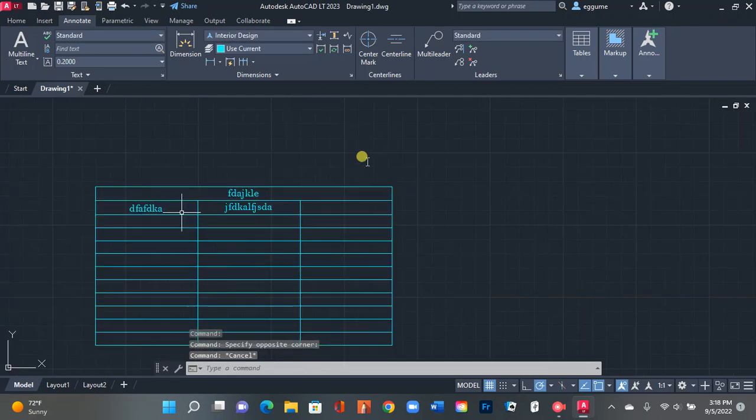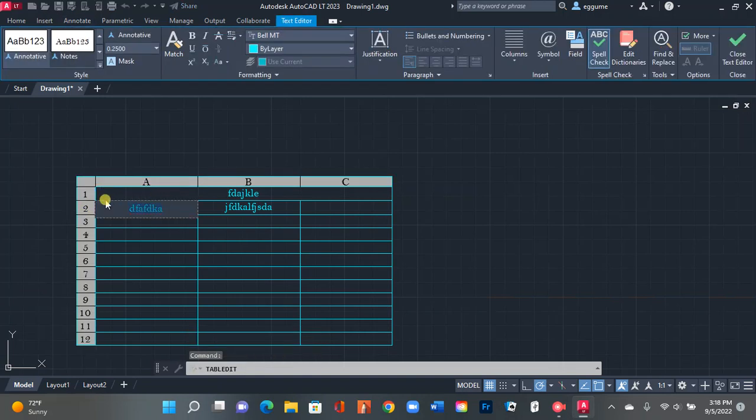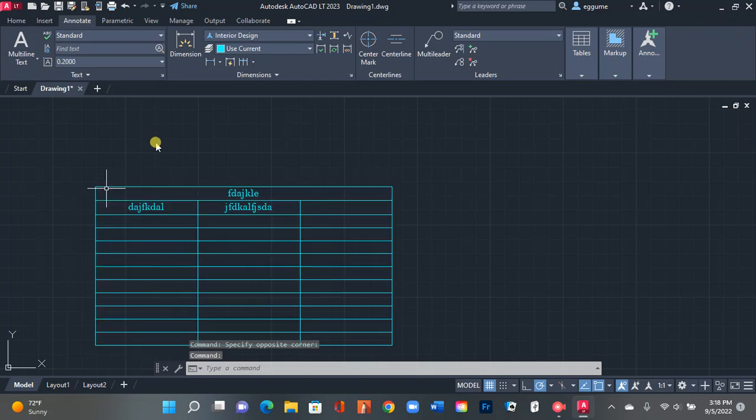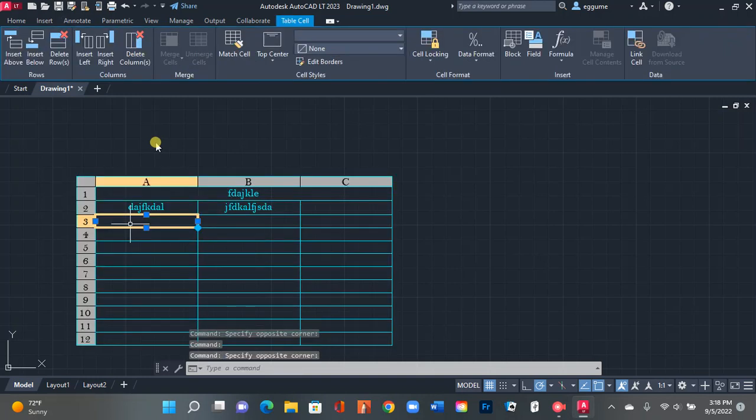And this grip right here is a table break. And then you can type whatever you want. And to edit the table itself, you will just click once inside of there and you'll get this tab up on top where you can insert rows and columns and do a lot of different